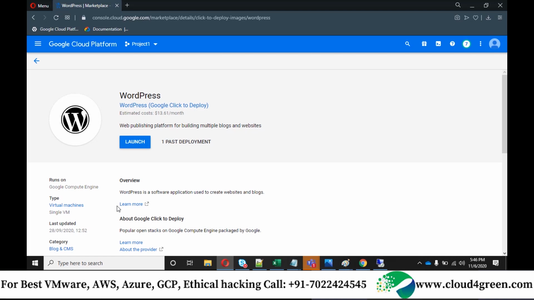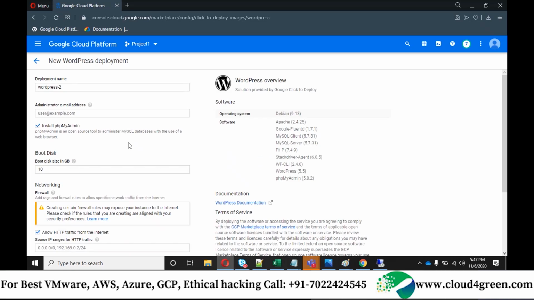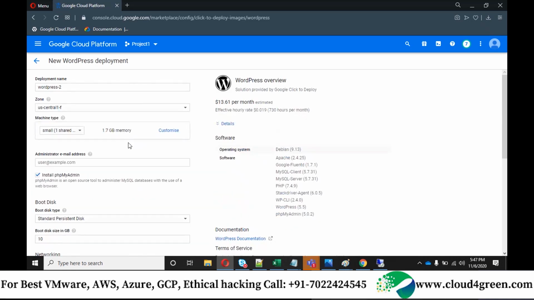Yes, sir. In WordPress, there will be a default template. For example, on Wix.com, you would have heard in advertisements, there is a ready-made template. You can choose any one of the templates and deploy your website. Same thing here in WordPress as well. You can click on launch. The advantage here is you don't need to be a programmer. Based on your GUI experience, you can customize. There is something called admin login. You can log in and customize your website, and that update would be applied instantly.